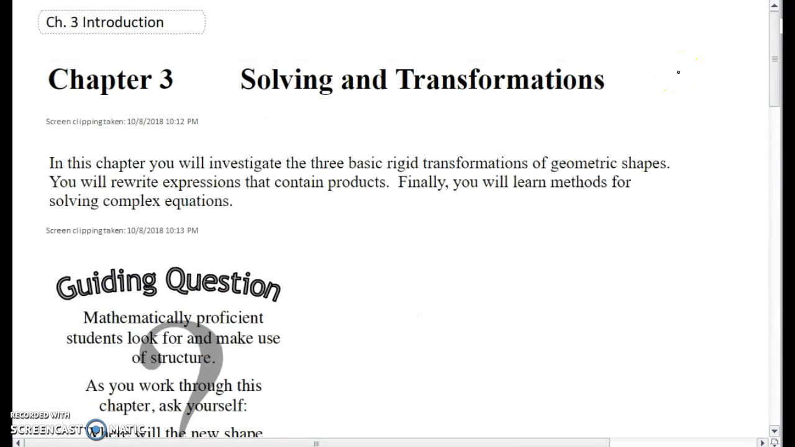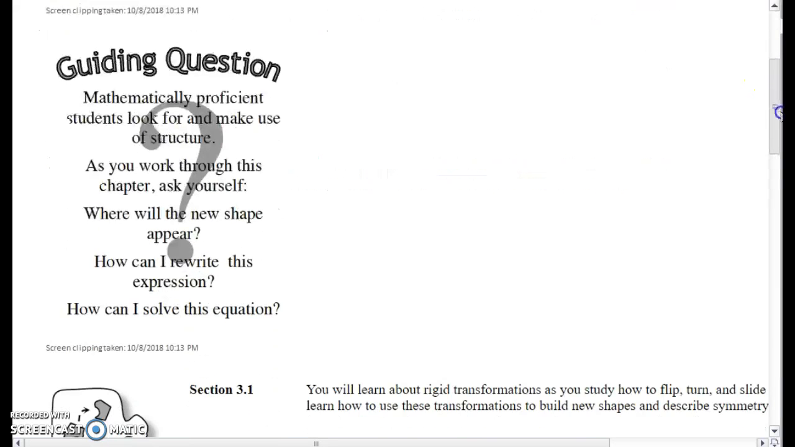Welcome, class. Today you're going to be studying Chapter 3, which deals with solving and transformations. In this chapter we will investigate three basic rigid transformations of geometric shapes, and we'll rewrite expressions that contain products. And then we'll also learn methods for solving complex equations. A few questions that we can ask ourselves throughout this chapter is,